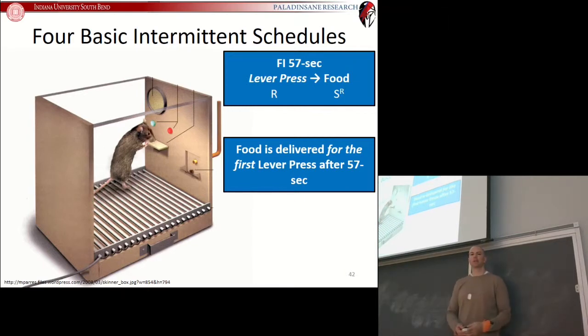One example of a real-world schedule that's on a fixed interval intermittent schedule is the parent who wants to reinforce good playing behavior, cooperative playing behavior, friendly playing behavior, but checks in on their children every 10 minutes. So let's say that you don't want to be hovering over your children, but you want to check in on them every once in a while. And you take out your smartphone and you set up a 10-minute timer. And you say to yourself, every 10 minutes, I'm going to open the door and I'm going to check in